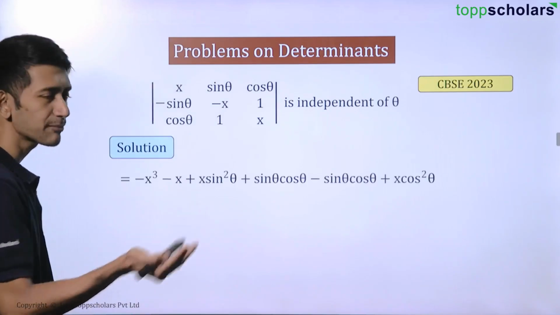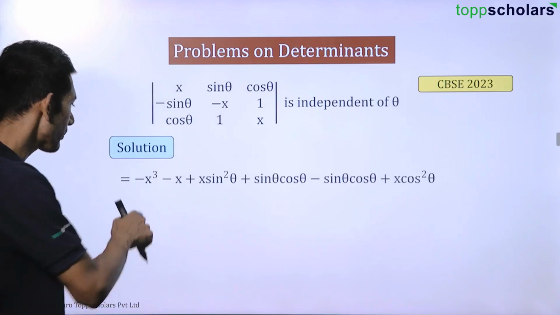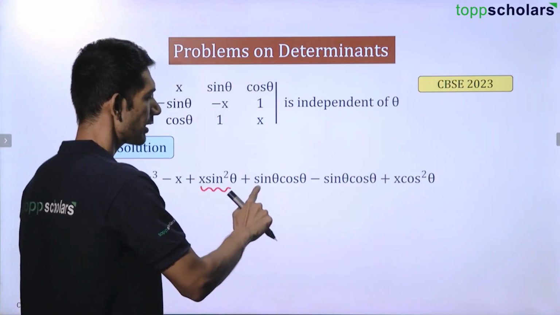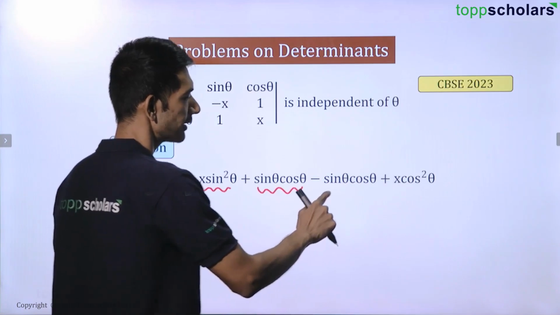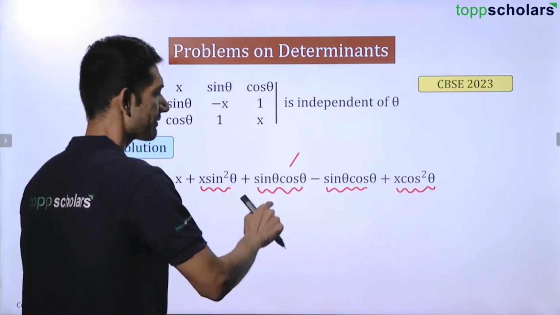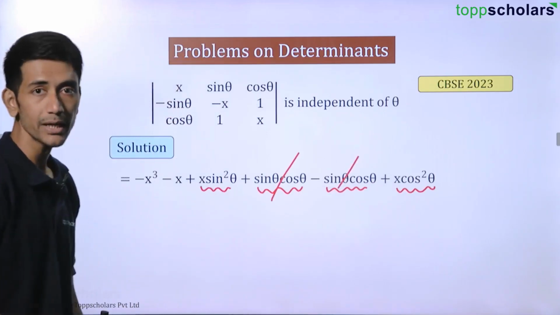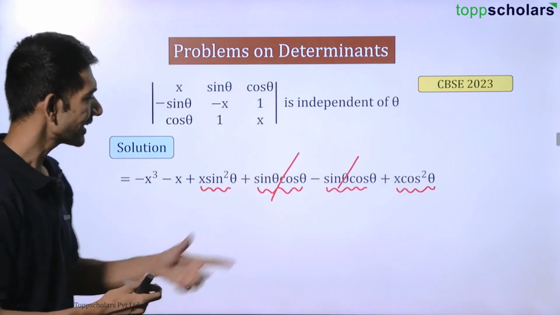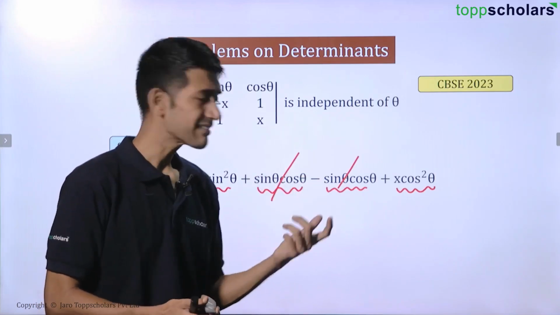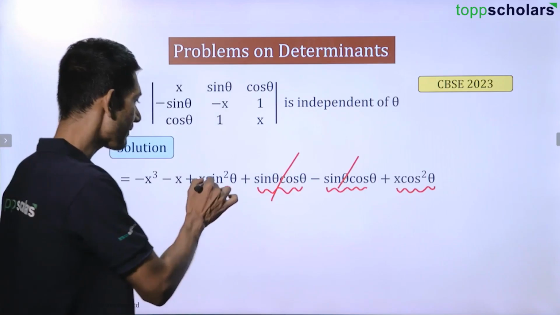So further, when you open the brackets, you get minus x cube minus x plus x sin square theta, then plus sin theta cos theta, minus sin theta cos theta, and then x cos square theta. Can I cancel this? Yes, I can do that because both of them are same. Sin theta cos theta positive, sin theta cos theta negative, positive negative gets cancelled. Now what is left? We are left with